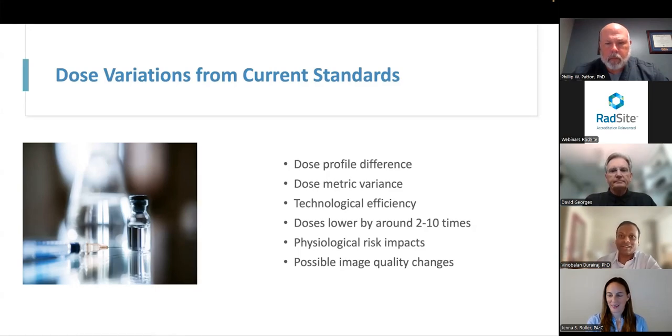In dose metric, as Dr. Patton said, we haven't come to a conclusion yet as to what is going to be the best metric, because we are stuck between CTDI from the conventional CT versus DAP from radiography and fluoroscopy, mainly. Over time, I think there will be some clarity. But for now, between CTDI and DAP, we could pretty much define all the doses delivered by a cone beam CT unit. Even though both are categorized as CT, almost everything is different, starting from system design, the image quality to some extent,